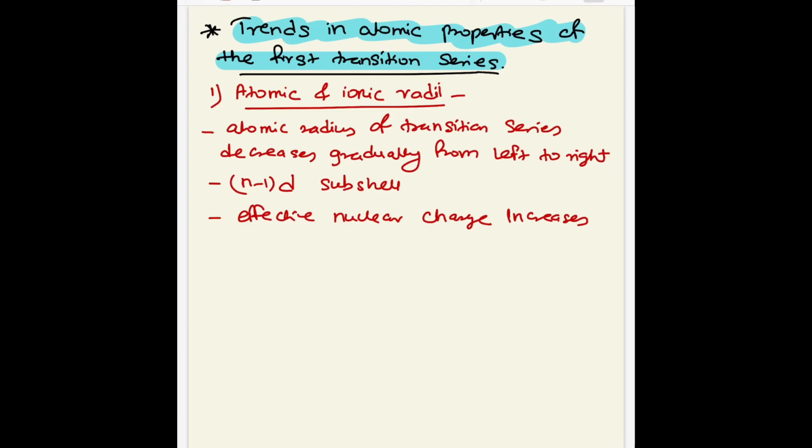The explanation for the minor variation in atomic radius is very difficult. The ionic radius of transition elements shows the same trend as the atomic radius. The elements of the first transition series show variable oxidation states. The trends in ionic radius can be studied with elements having the same oxidation state, and by considering various oxidation states of the same element.